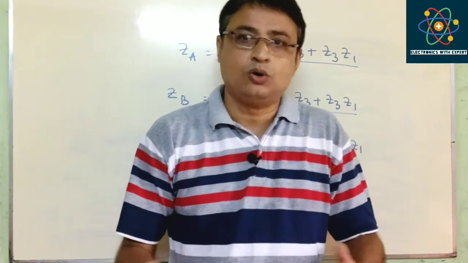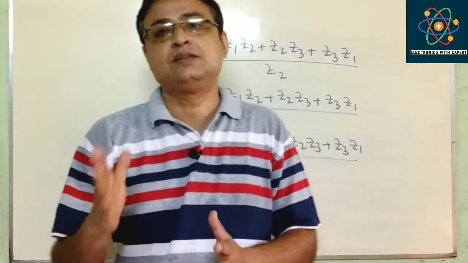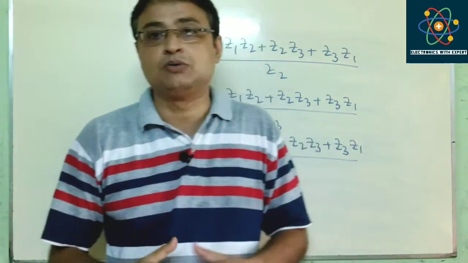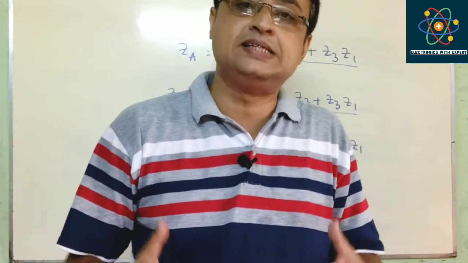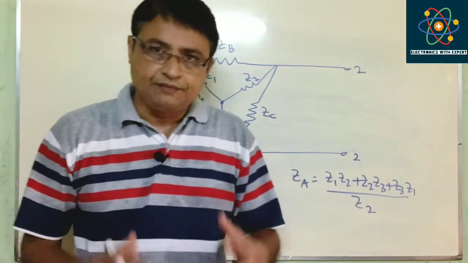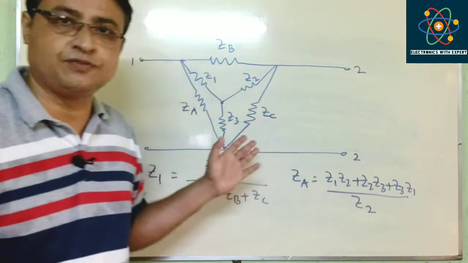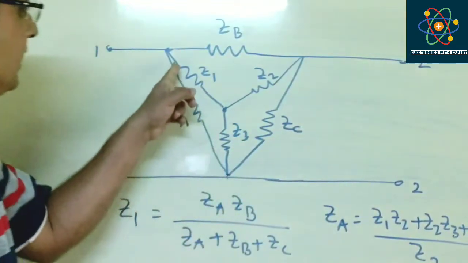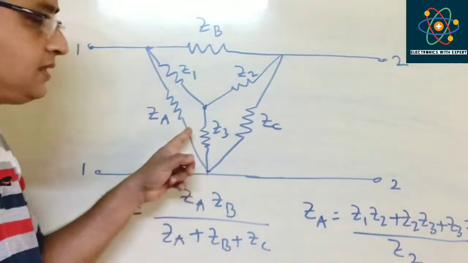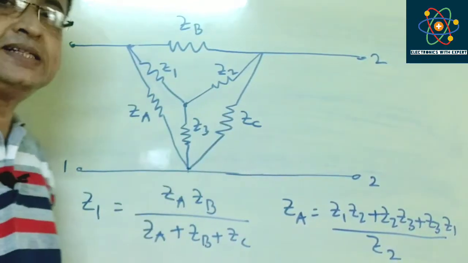Just check it out. So as a whole, we get 6 equations, 3 for converting T network to pi and 3 equations for converting a pi network to T. Now you just think about it, how would you remember these 6 equations at once? So let's check this part. The different relations transforming from T to pi network can be summarized from this figure. Just consider this figure. Here is the T network which comprises Z1, Z2 and Z3 impedances, and this is the pi network which comprises ZA, ZB and ZC impedances.